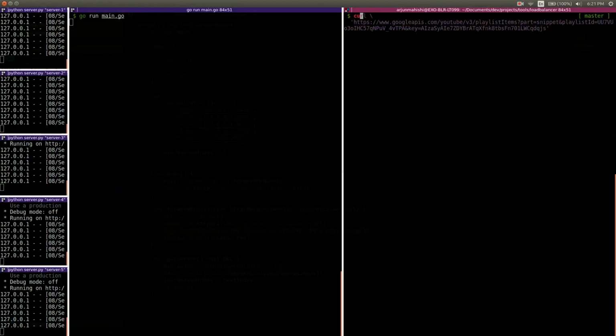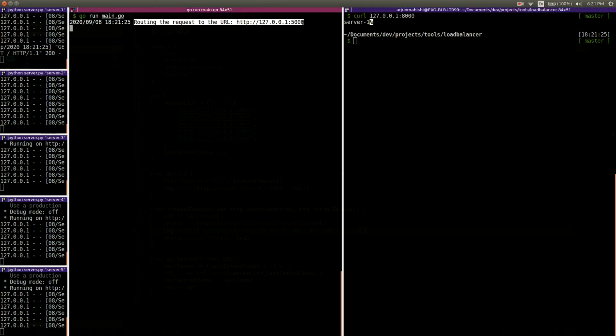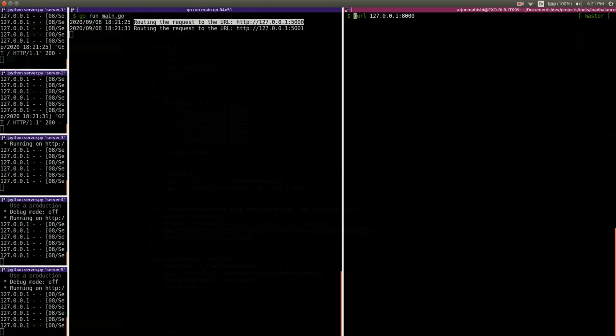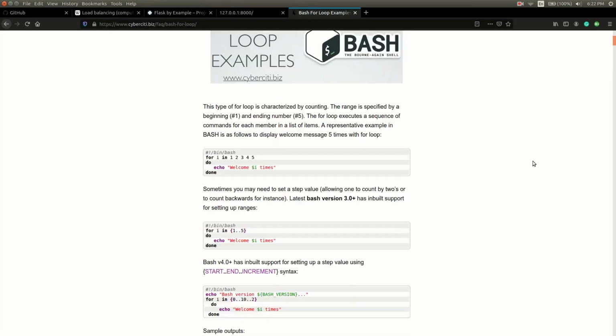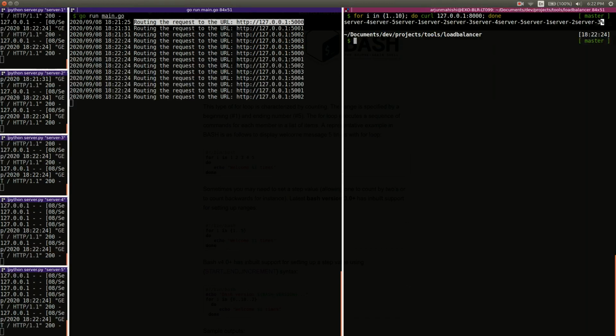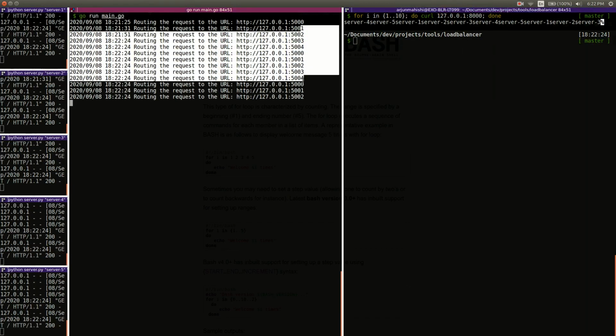Let's create a curl command and then bombard the load balancer with multiple requests and see what it logs. So as you can see, for each request, it returns the URL that it used. If I hit this again, it gives you the next URL. So I'm going to call this inside a for loop and observe the log. I'm not sure if this is the correct syntax. Okay, I should enclose that in curly brackets. So 10 requests in a row. So as you can see, it's equally distributing the load across all the servers.